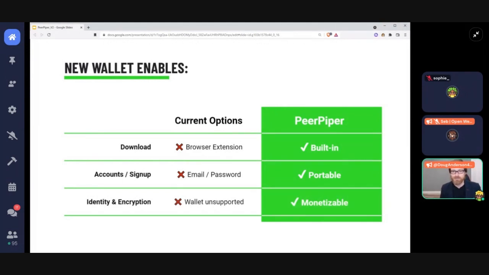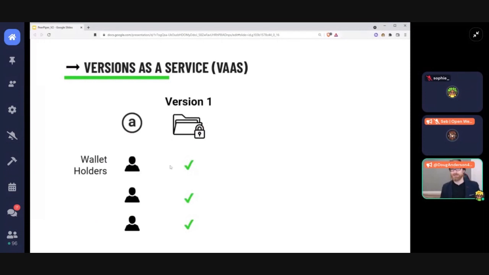This is really why I built the wallet, was so that we can encrypt our data, encrypt our apps, and therefore we can monetize it, which is fantastic. So what do we get? So we upload a version, and maybe we want to make it freemium. The first version everybody gets, go ahead and try it out. We allow everyone access to it. But maybe the second version, it's an alpha version or a beta, and I want to restrict it to only one of my wallet connections.